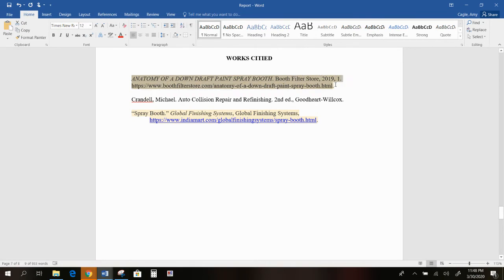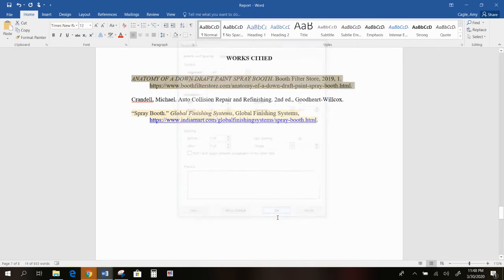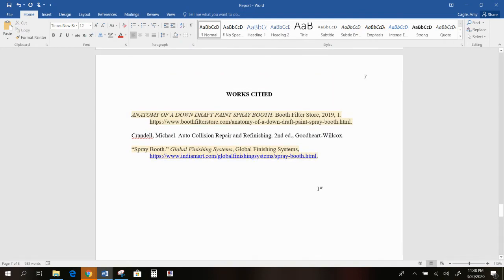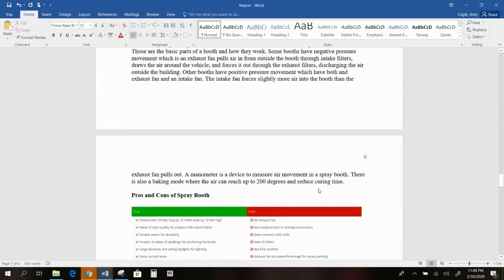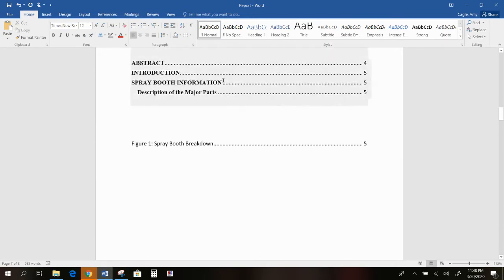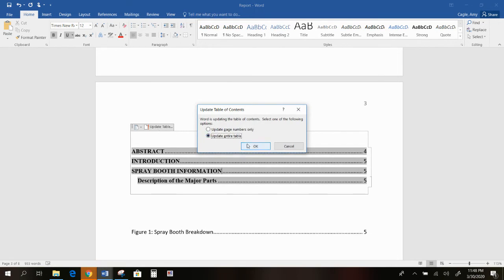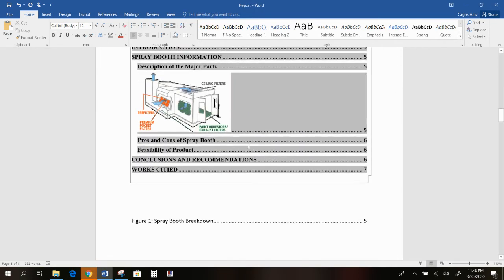I'll show you one more time. You notice that this is also in alphabetical order. So you do want to make sure that you have yours in alphabetical order as well. If I go back up to my table of contents, I need to update that. Update table, update entire table. To my table of contents,